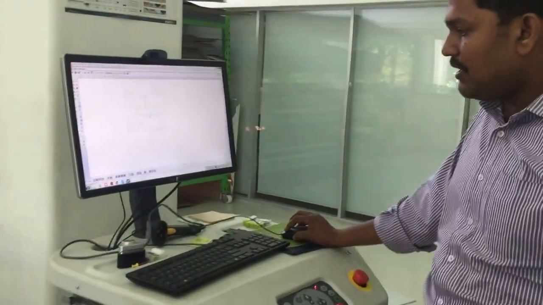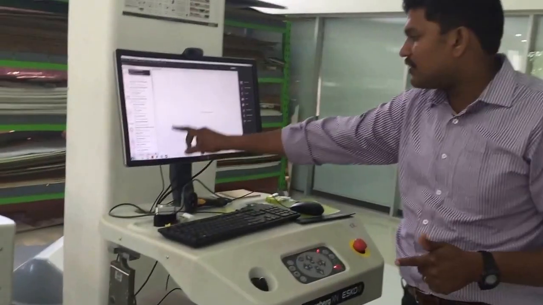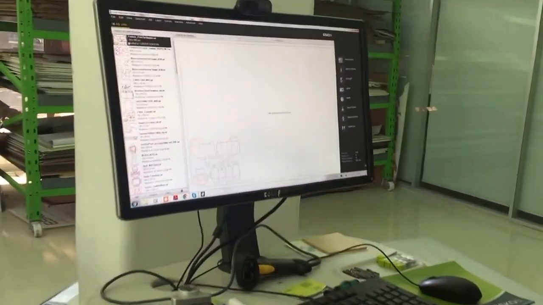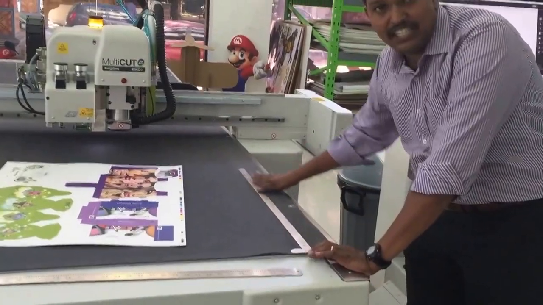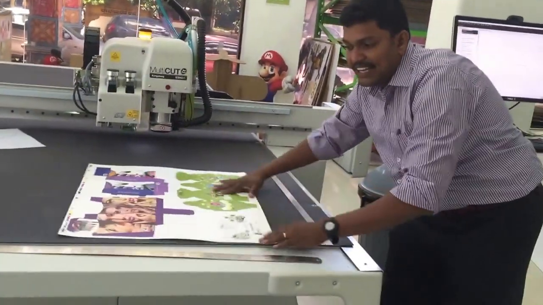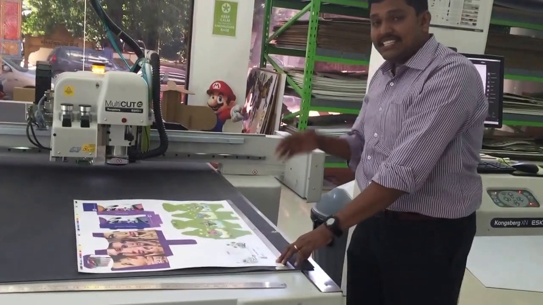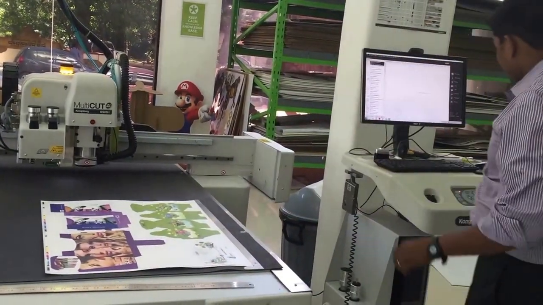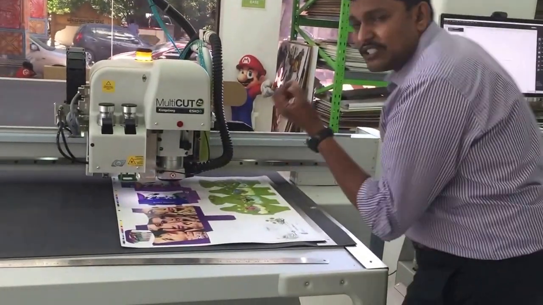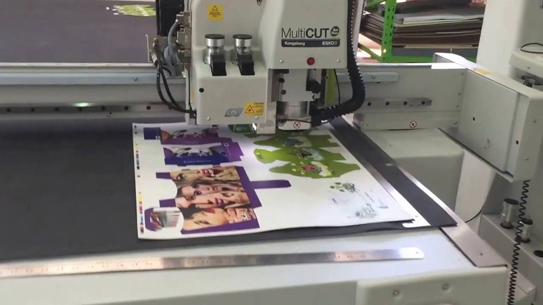Now let's move on to the table. I am now opening here the job, which is going to be the cutting keyline of this job. Onto the table, most importantly, for this purpose, we have these steel rulers which help in aligning the sheet exactly to the corner. So this helps the operator in placing the sheet straight. Once it is aligned, you can notice that there is a small laser beam there. That laser beam is the reference beam.